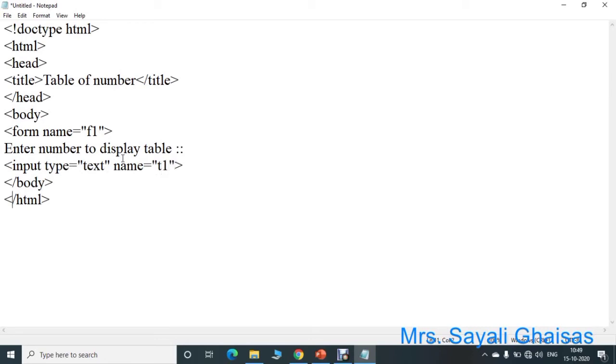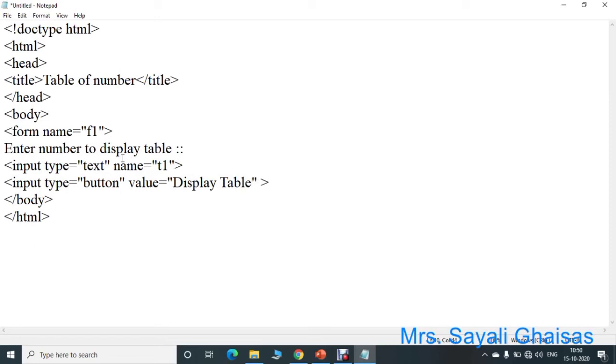Then here we have to now add a button control. So to add a button, again we can use a input tag. Input type is equal to button. Then specify a name to this button. So use value attribute. Value is equal to, suppose the name of button is display table.